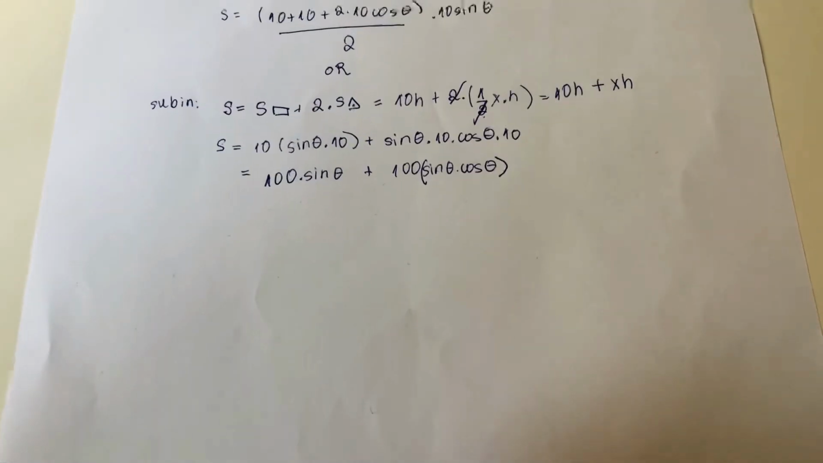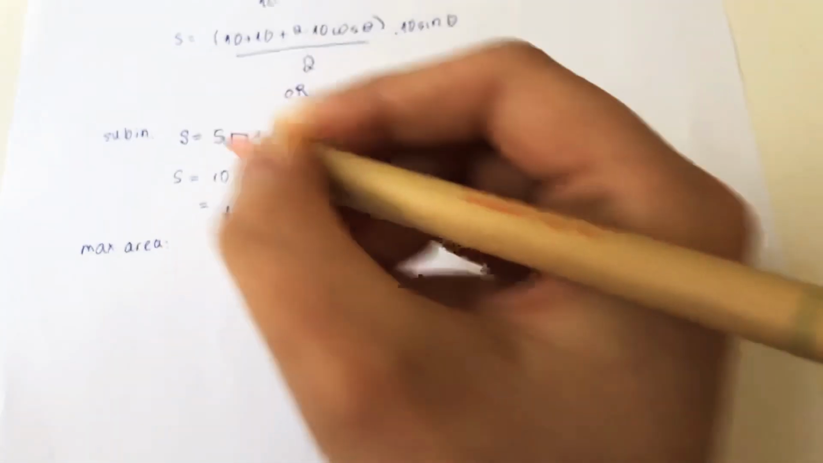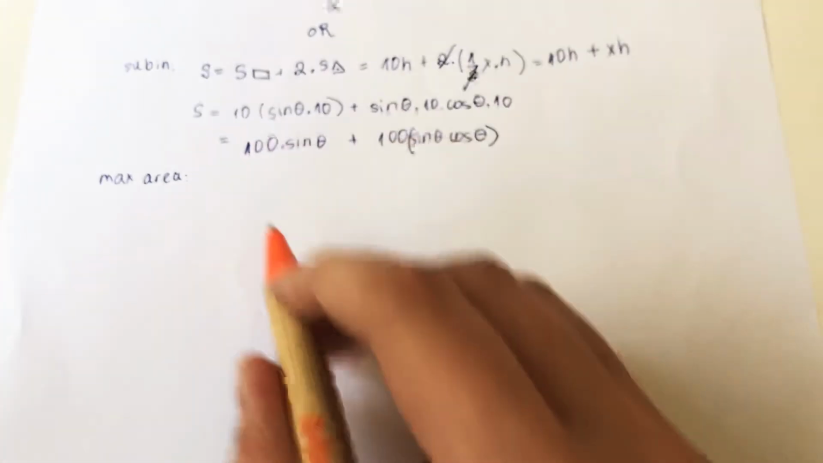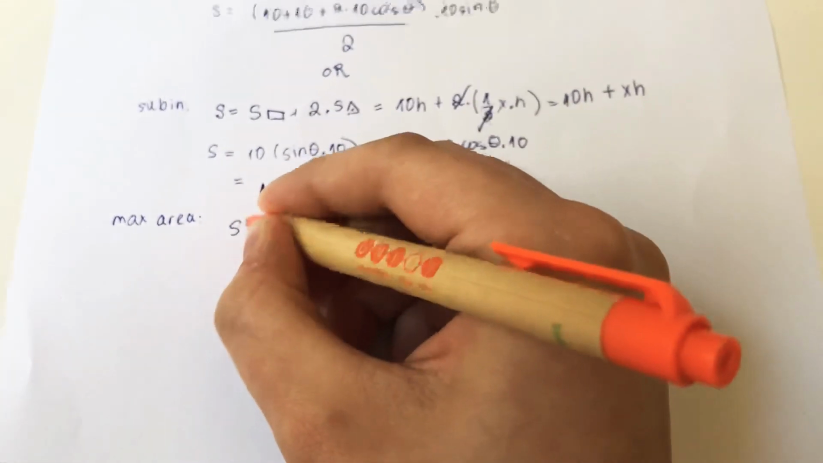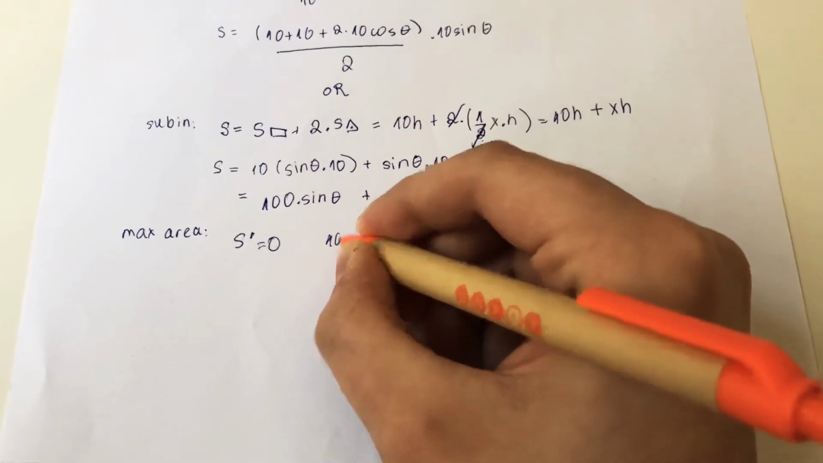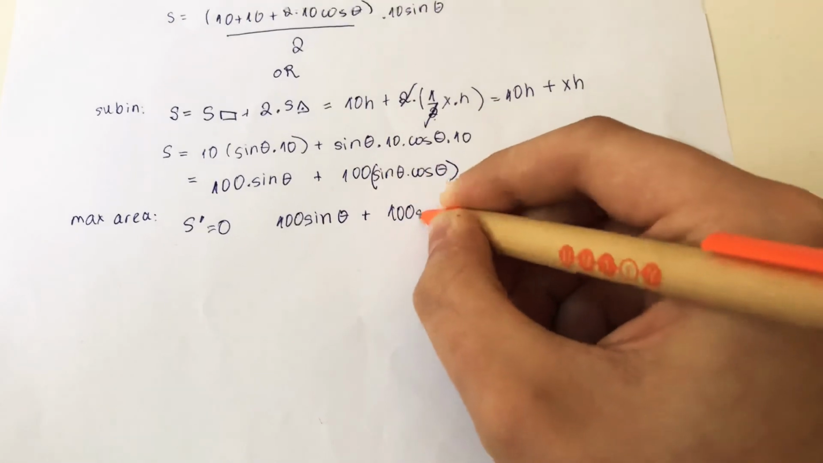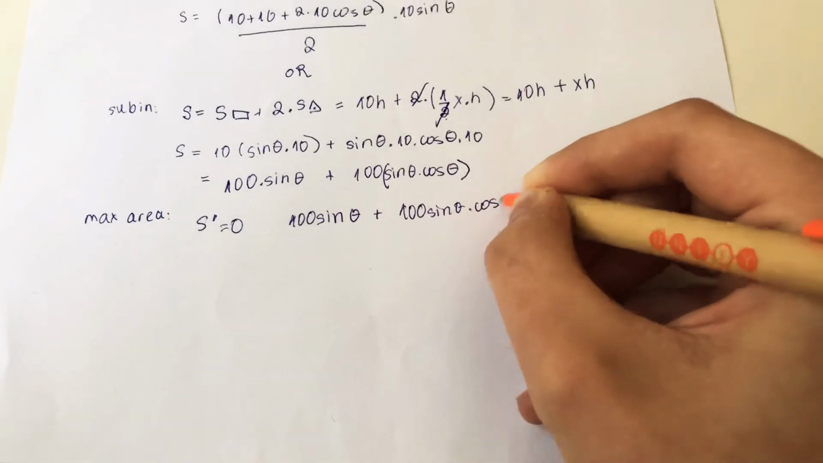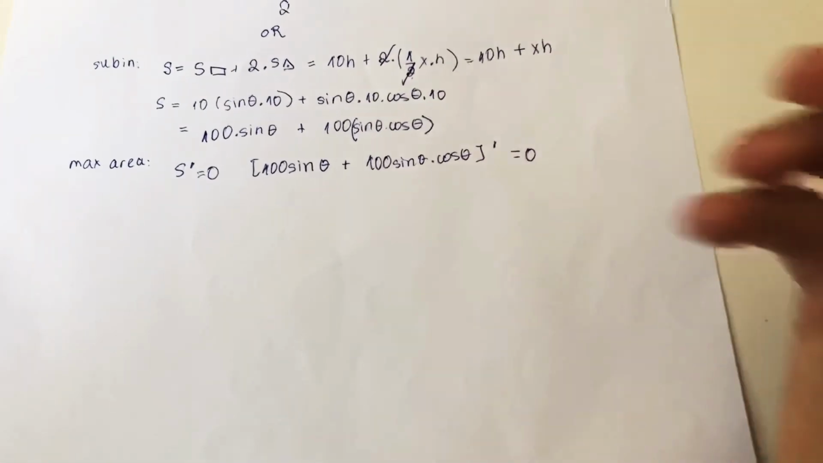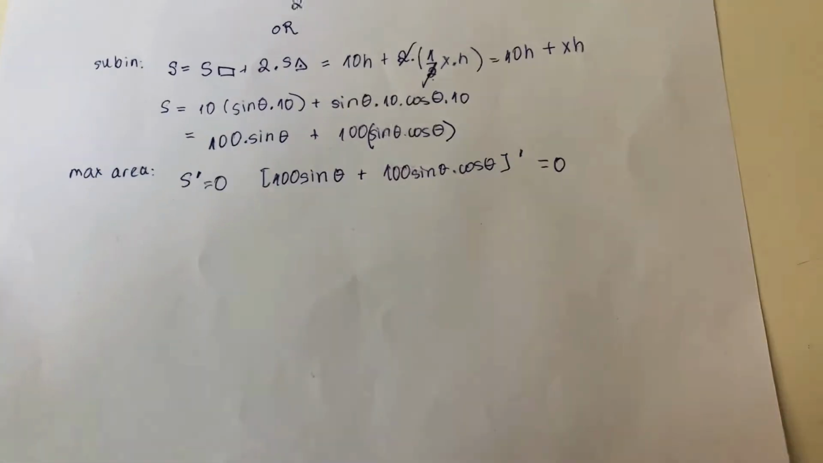And then the next thing that I do is find the max area. To find the max area, as for most optimization problems, I just do the first derivative. So the derivative of S has to be equal to 0. So this entire thing, 100 sine theta plus 100 sine theta times cosine theta, its derivative is equal to 0. So then I